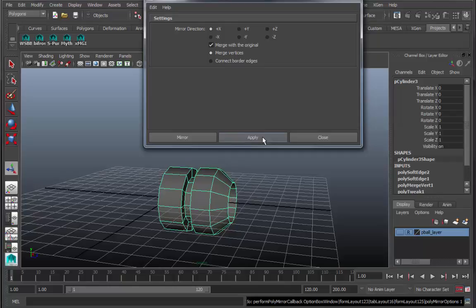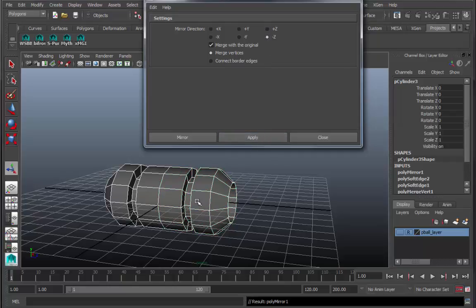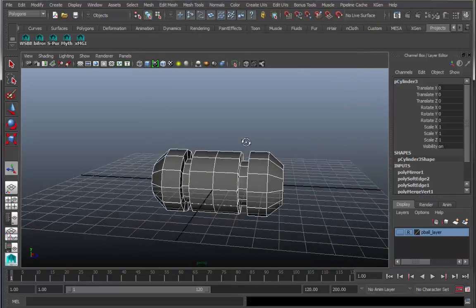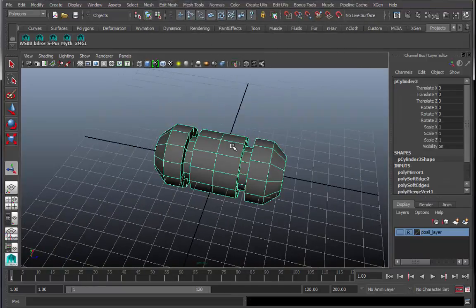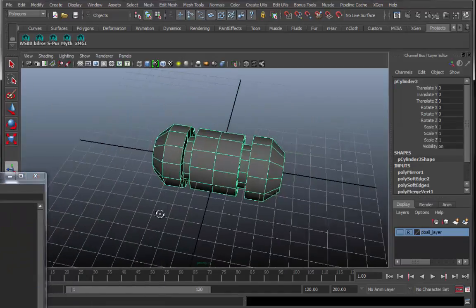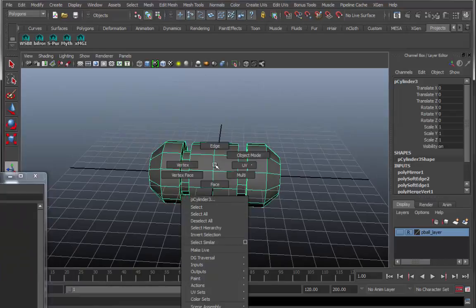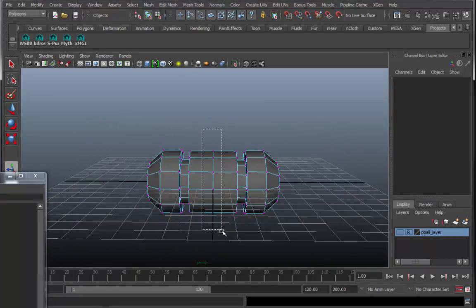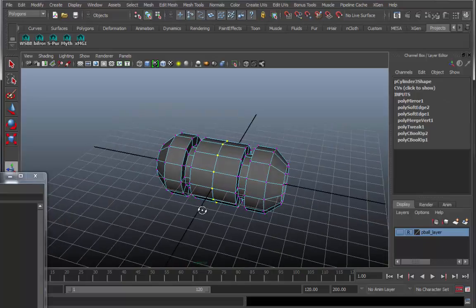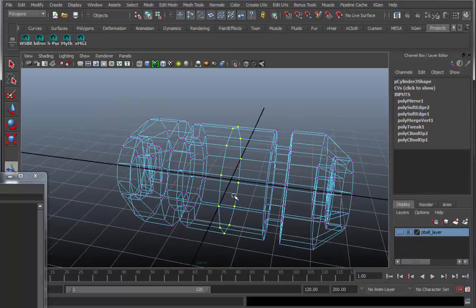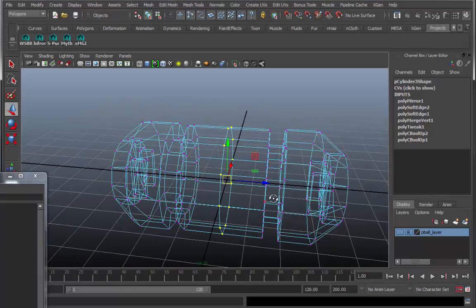Try it that way. That's the wrong axis. We're getting closer. There we are. It was negative z in this particular instance. And now this is one piece of geometry. To get rid of this middle bit, this middle ring, I can grab the whole of it, of its vertices, and then simply snap them over